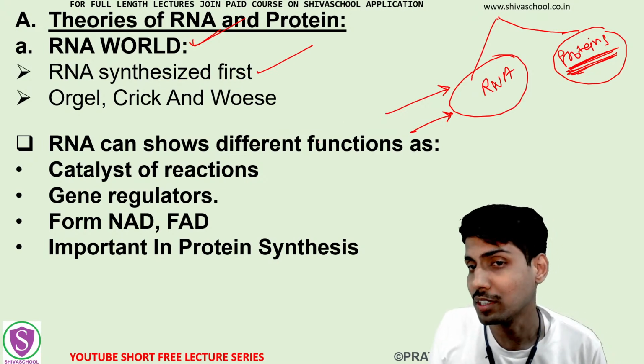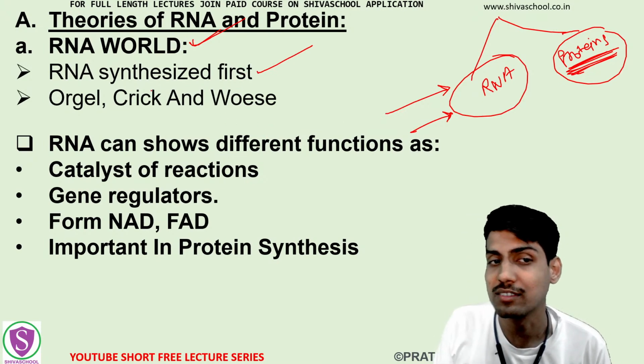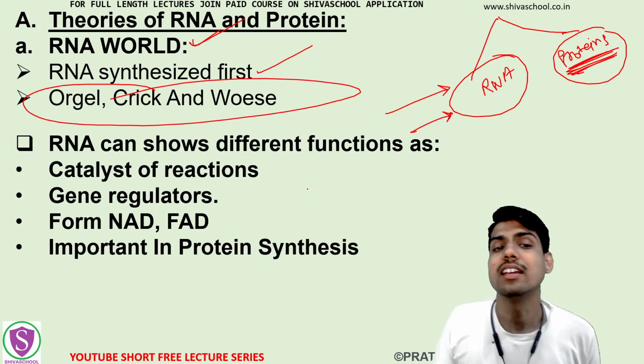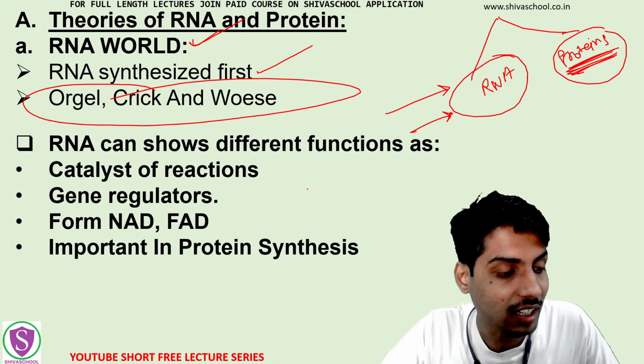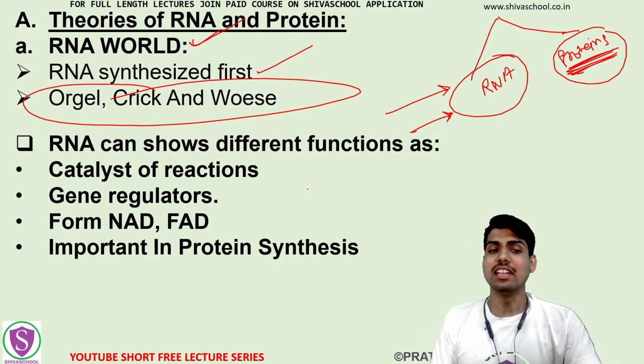ये जो hypothesis दिया था that the RNA is synthesized first, it is given by Orgel, Crick and Woese। Okay, Orgel, Crick and Woese ने ये hypothesis दिया था। ठीक है, next is that RNA